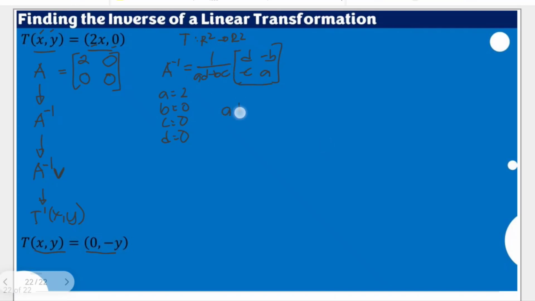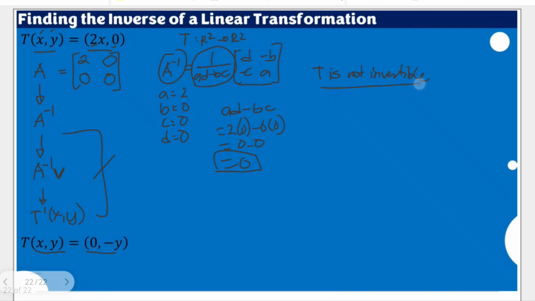So if we multiply AD minus BC, you will have 2 times 0 minus 0 times 0. 0 minus 0 is 0. This is what we also know as the determinant of a 2 by 2 matrix. If our determinant is equal to 0, hence this doesn't exist and the inverse doesn't exist. If the inverse doesn't exist, then definitely all of this will be cut out. In short, our standard matrix A is not invertible, and automatically we can say that our linear transformation T here is also not